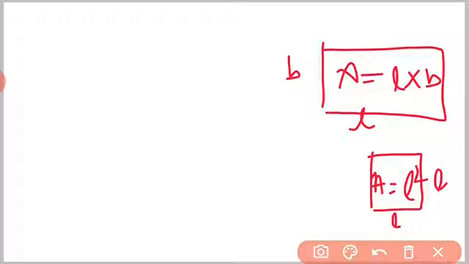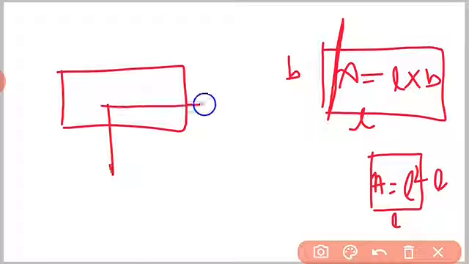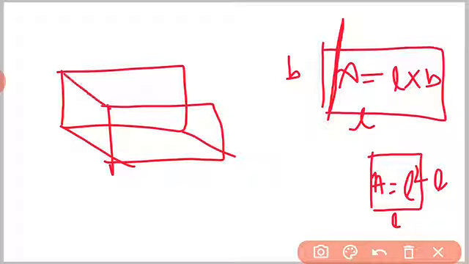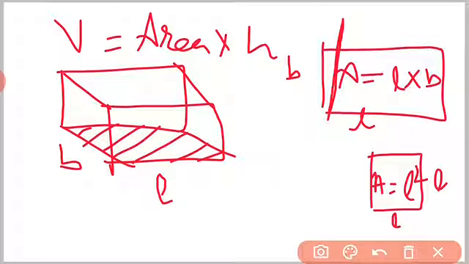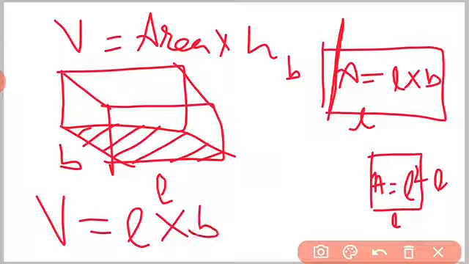Whenever we want to find the volume, we should multiply height of that object with the area of the base. Suppose over here we have cuboid. So what is the base of this cuboid? This you can see easily, it is the base and it is of rectangular shape. So it has dimensions L and B. So in order to find the volume, we must multiply area of the base with height. What is the area of base? It is L into B, and multiply height. We will get volume. So volume is equal to L into B into H.